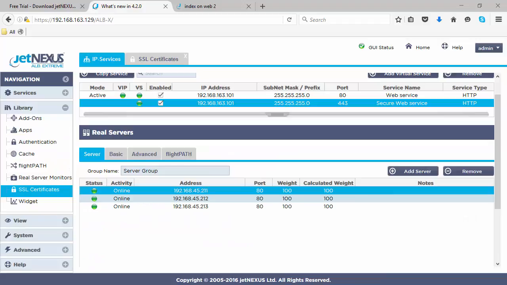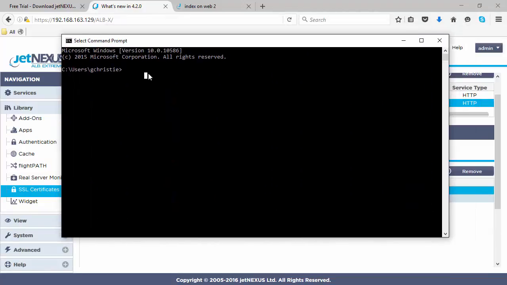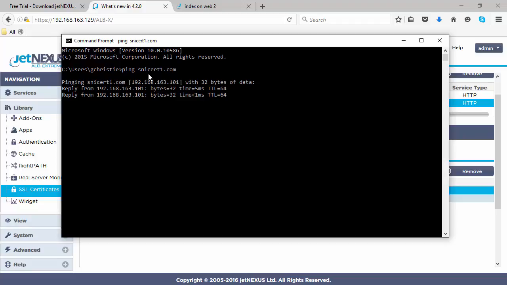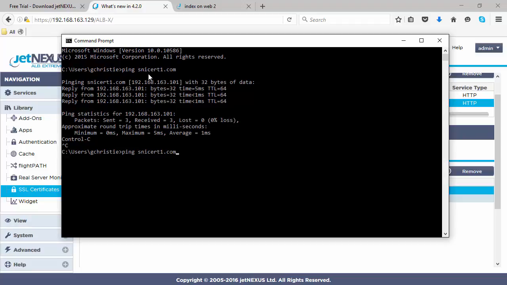So we can check that. Always useful to check. Open up a command prompt, and in that command prompt, if we ping SNICert1.com, we get to that VIP address. If we go to Cert 2,